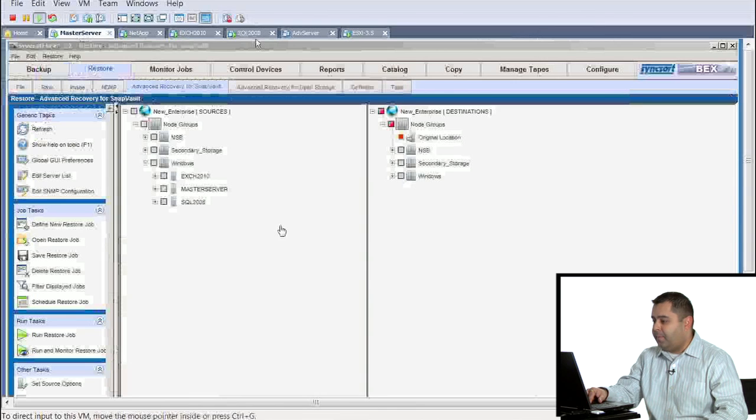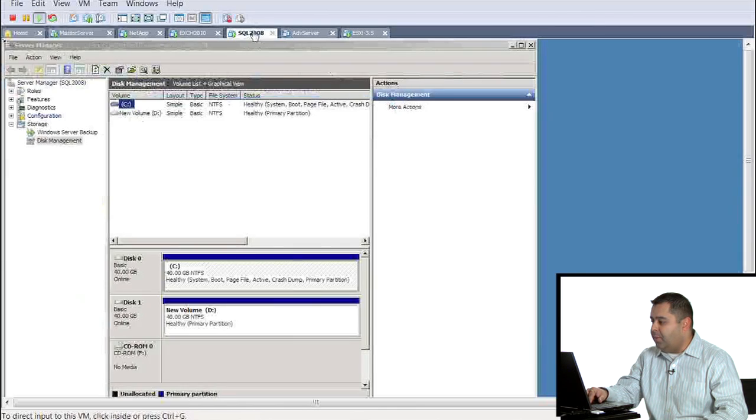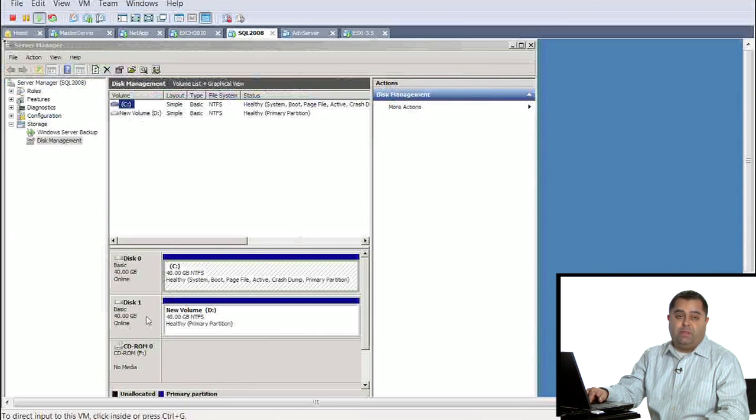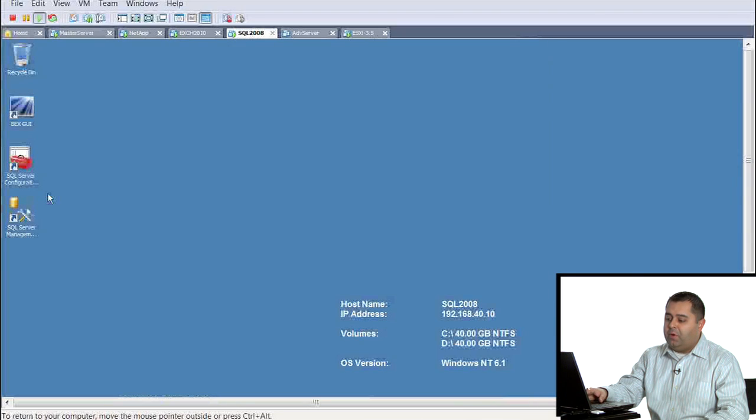Let's go ahead and simulate a disaster in a SQL environment and see how we can utilize these snapshots for recovery. On my SQL server, you see I have my C partition and I have my D partition. D is where SQL is running off of. If I simply come over here and navigate to my SQL environment,